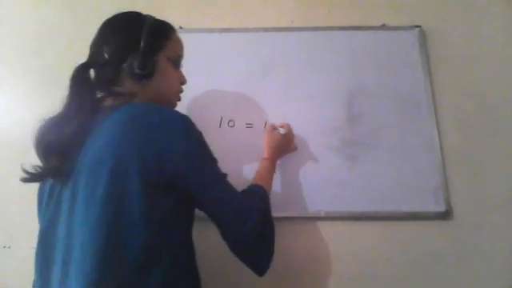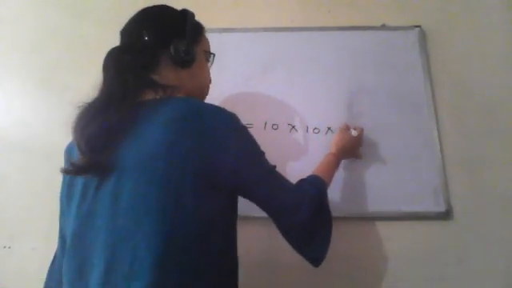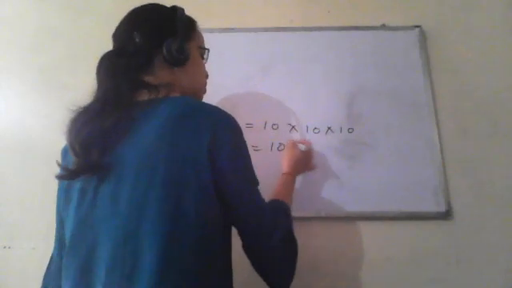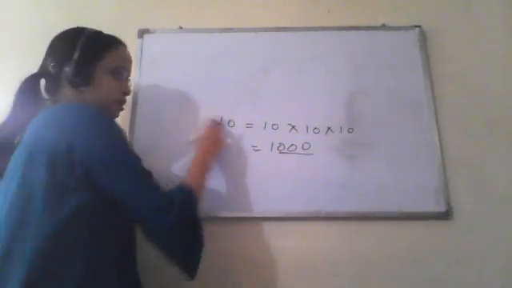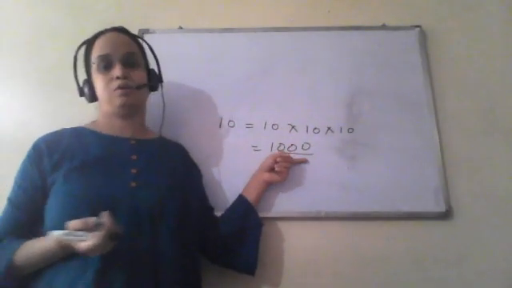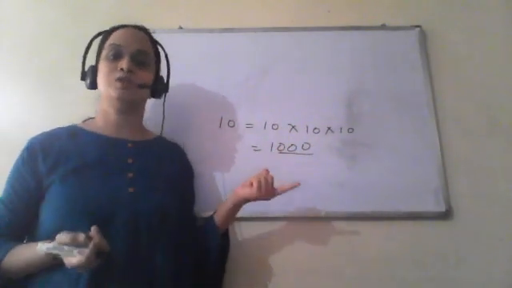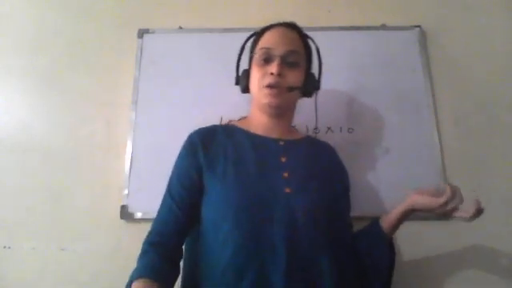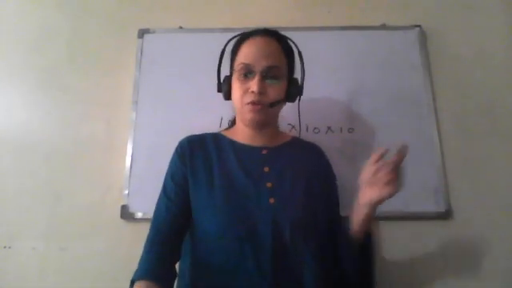Now the next is a perfect cube does not end with two zeros. That is true because if a number is ending with 0, suppose there is a 10. So if we find the cube of 10, it will be 10 into 10 into 10. It will be 1000. So if a number is ending with 0, its cube will have at least 3 zeros. It cannot have 2 zeros. 2 zeros was in the case of when we are calculating the squares. So in case of cubes, it should have at least 3 zeros. So this statement is true.